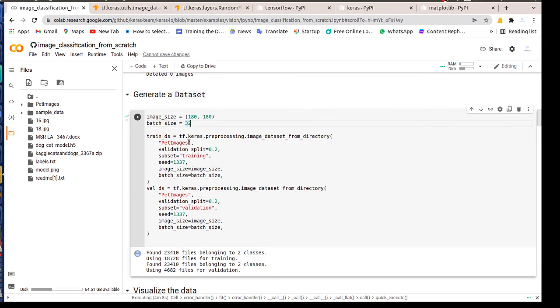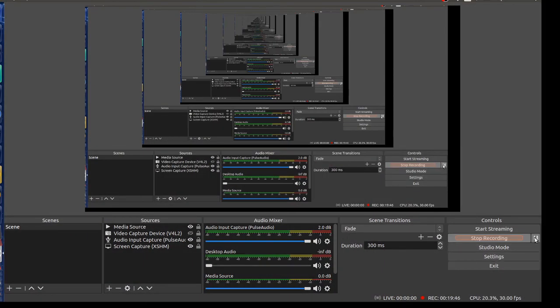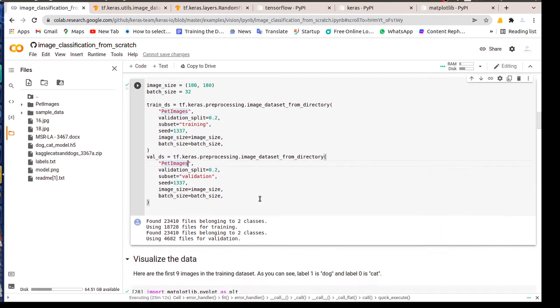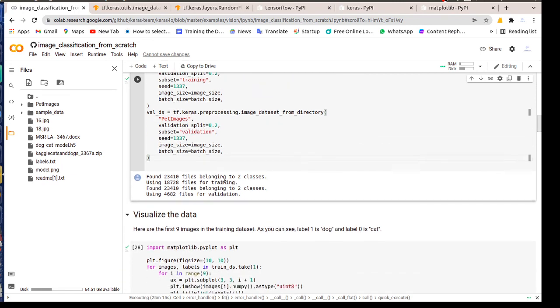Then go here, instead of pet images you can give your dataset slash train, here dataset slash validation or test. Okay, till here I told you what to do for creating a dataset.